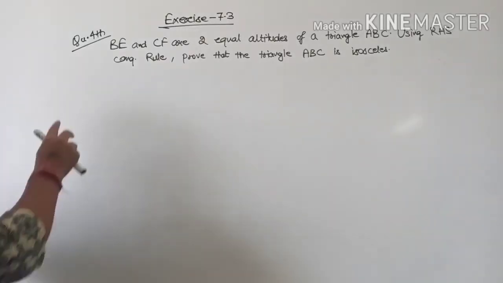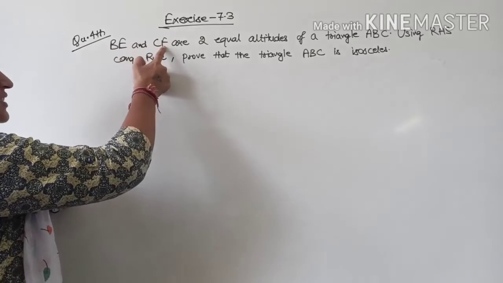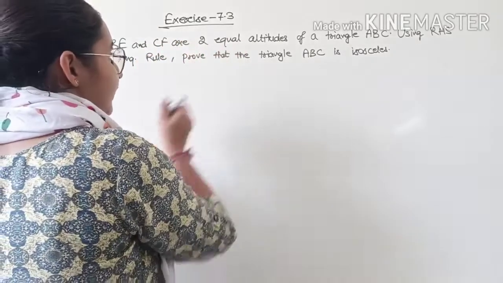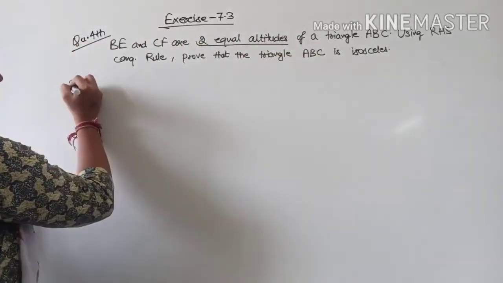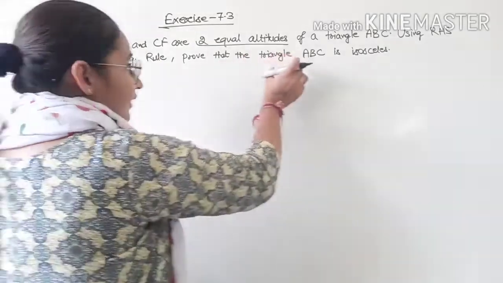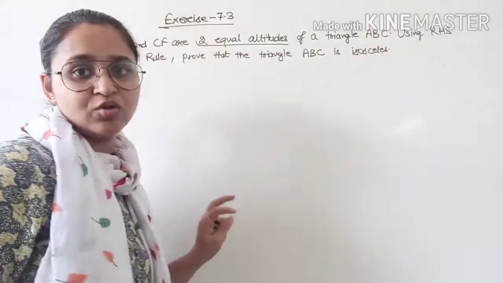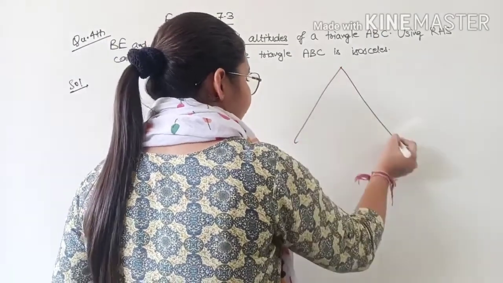Now see, question 4 of exercise 7.3. BE and CF are two equal altitudes of a triangle ABC. Using RHS congruency rule, prove that the triangle ABC is isosceles. So first of all, we will make the figure according to the given information. Information is